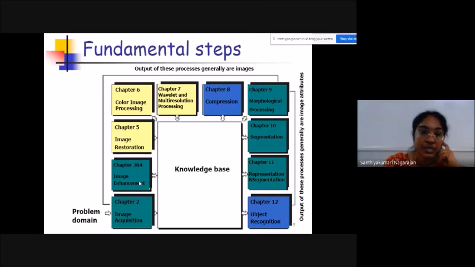Image enhancement is the next step, followed by image restoration. Enhancement and restoration are more or less the same and differ in application. Restoration means you are going to restore the original information from your disturbed image. That's the third step, image restoration. But in enhancement, the image might have been disturbed, corrupted or degraded in some way, and therein image enhancement is carried out.